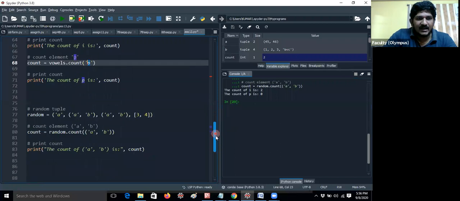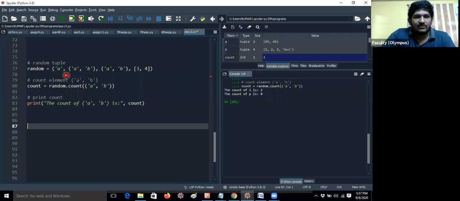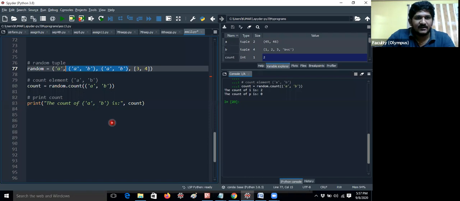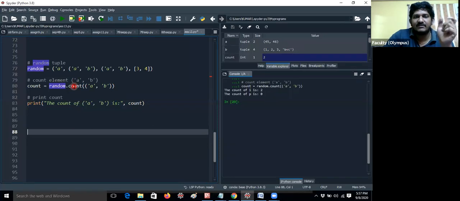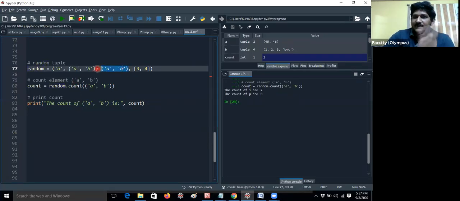We have another example, a random tuple. For example, I'm having random equal to a nested tuple ab, presented two times in the tuple. Now let me give count equal to random dot count. Random is just a variable name only. In the sequence I gave a e i o u, but in the nested tuple you can also give elements like ab.